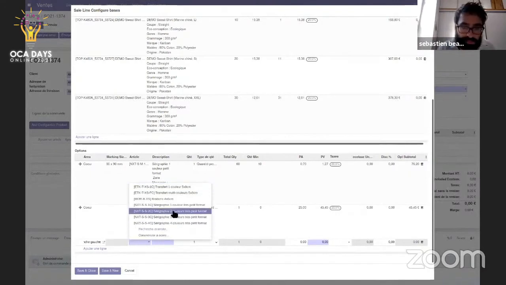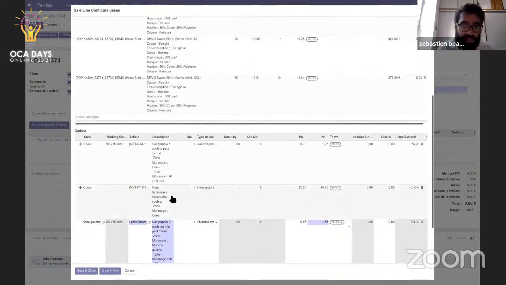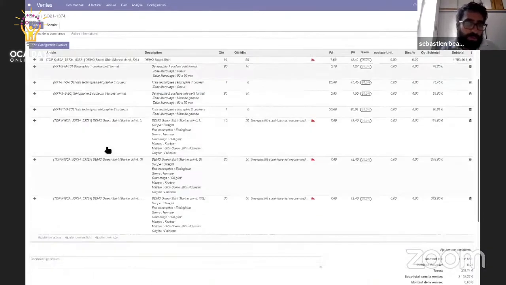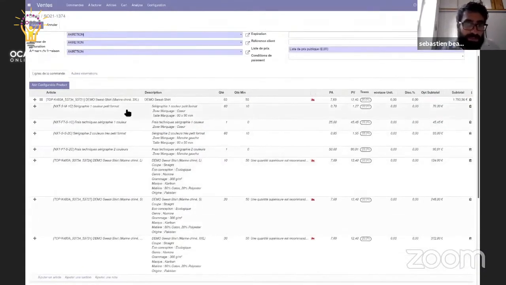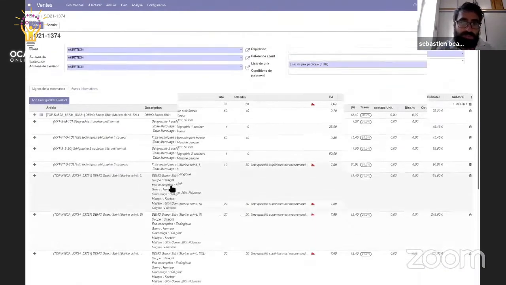It gives you the possibility, when you select an area, to filter the options compatible with this area. Basically, it's the same as before, but with the area feature more. And here you have your option, and then all of the variants that you have defined.